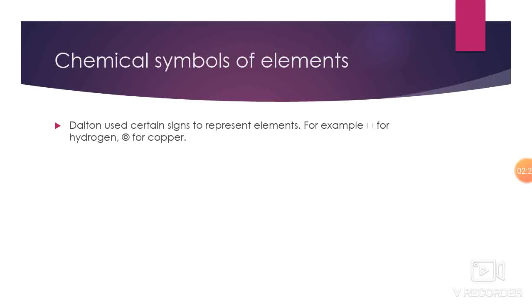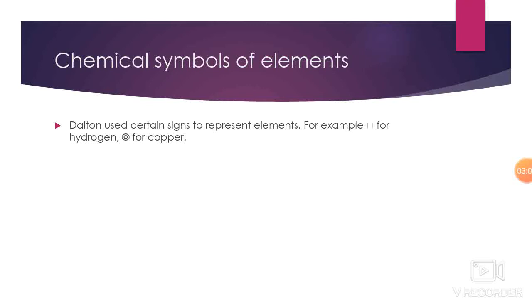So Dalton was a scientist we have been told about. I have explained who he was, and also Dalton is the unit of atomic mass. If we have to write the atomic mass of anything, then its unit will be considered as Dalton. Just like oxygen atomic mass is 16, so we will write it as 16 u. u denotes Dalton. So Dalton is the unit for atomic mass, and we write it as small u. Okay, remember it, very important.